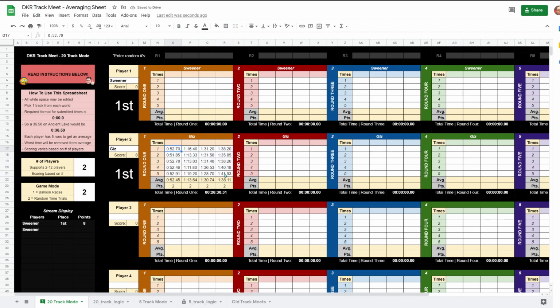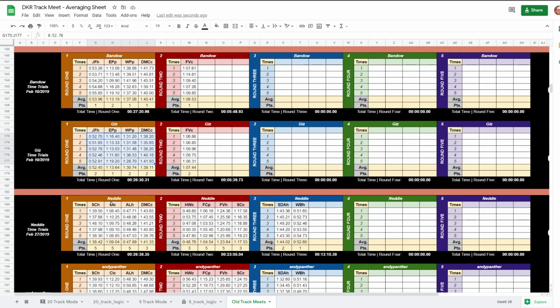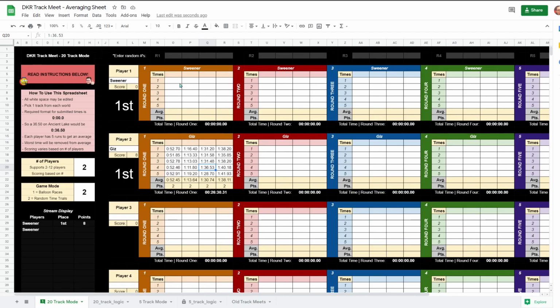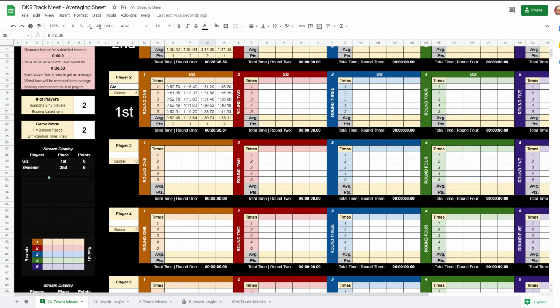So I'm going to paste those values in here. You can see all this data has been filled out, but it's not really comparing to anything yet. So let's grab a different set that's completely different and unrelated. It doesn't matter to me. And voila. You can see now we have a nice little scoreboard, and this scoreboard is going to automatically update